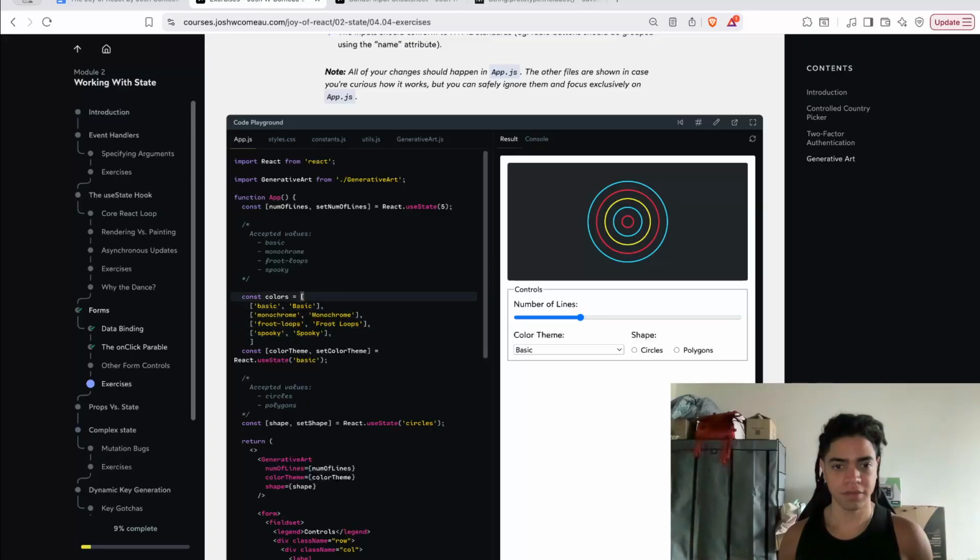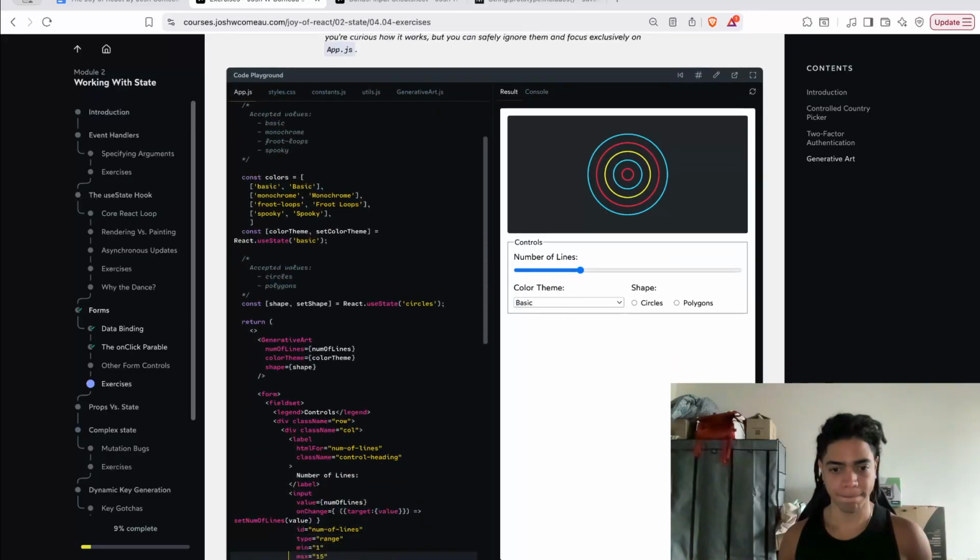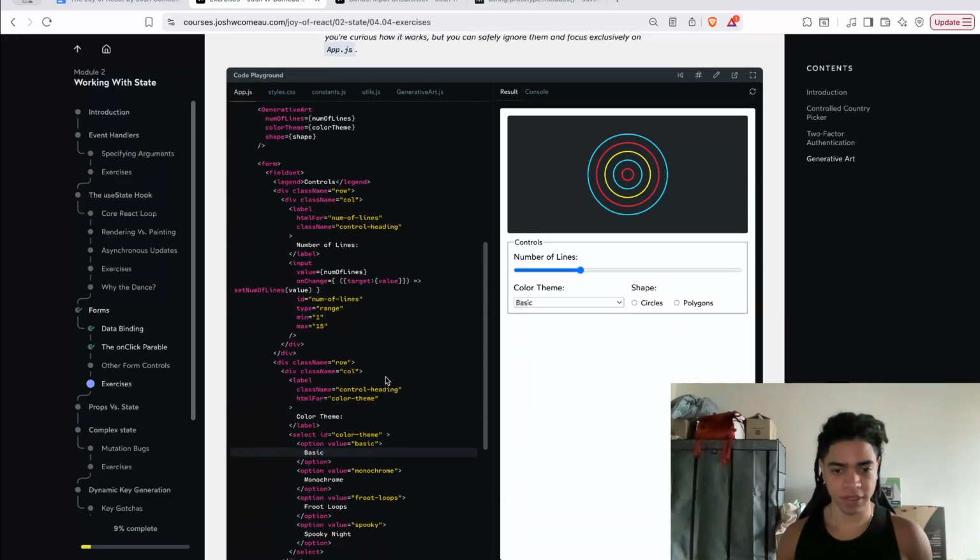So that anytime we need to iterate through these collections, we can now safely say,